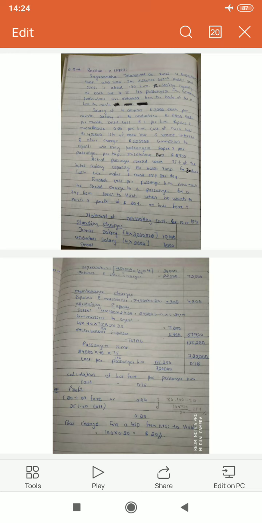Then the next expense is diesel. Hope you concur with me if I say that diesel can be categorized under the head either running charge or running expense, or operating cost or operating charges. Therefore, how about the ascertainment of diesel cost? As usual, the diesel cost is specifically given in the problem as rupee 1 per kilometer.